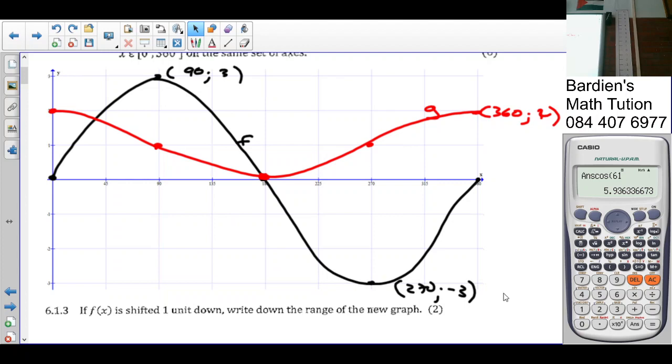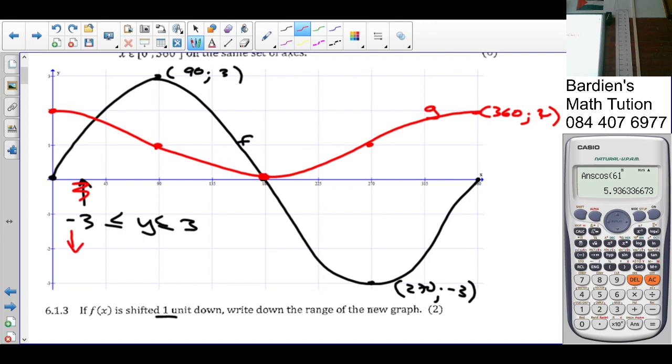Write down the range of the new graph. So what is the current range of f of x? From negative 3, the current range? y is greater than or equal to negative 3, but less than or equal to 3. Not so? So if this graph moves 1 unit down,